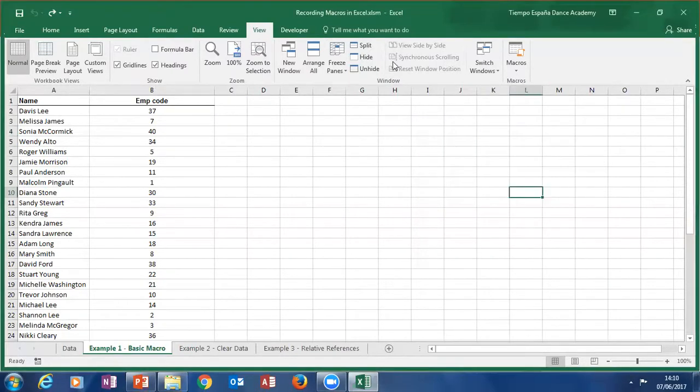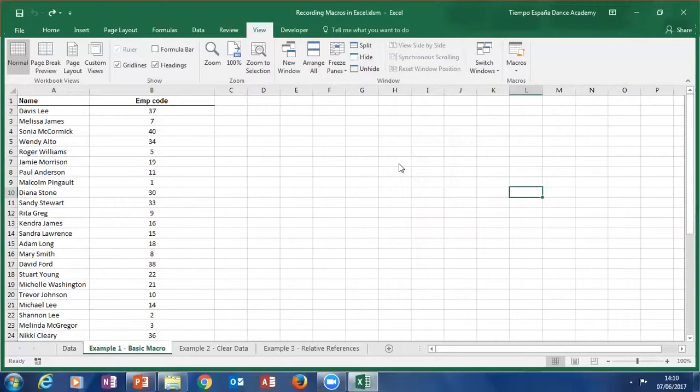You can then assign a keyboard shortcut to that. We'll look at how to do that later, and you can decide where to store that macro. Again, we'll look at some other examples where that is a little more obvious. Finally, you can give it a description, and this is really just for your own help. So if you have 5, 6, 7 or more macros, and you want to see specifically what each macro relates to, then you can write that in this screen here. And from the moment you click OK,